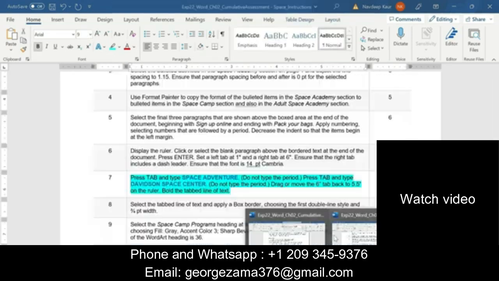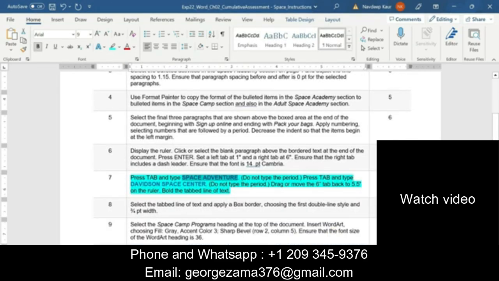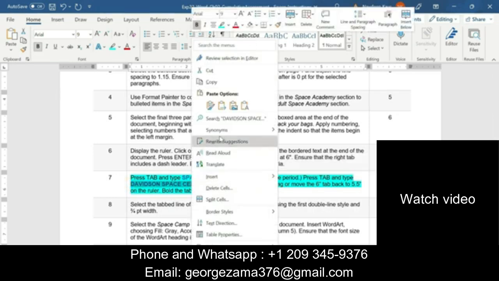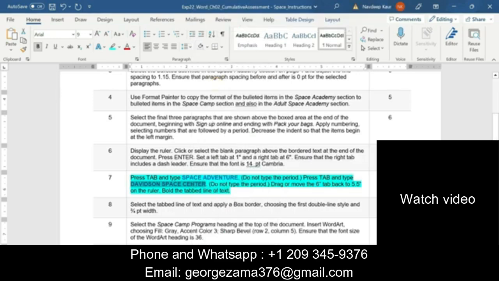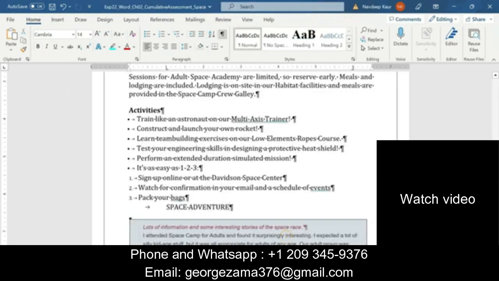So I have typed this one, and after that we will press the tab again and we will type this. So I will simply copy this again. So we are supposed to press the tab. I will press the tab now and I will paste it here again. So next thing to do is